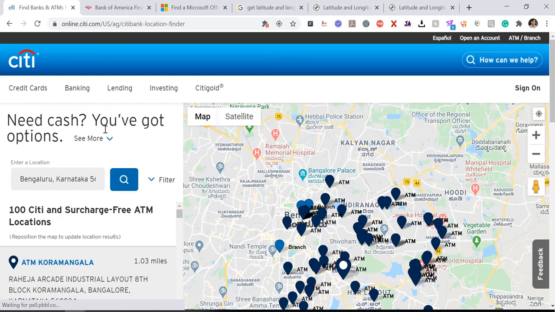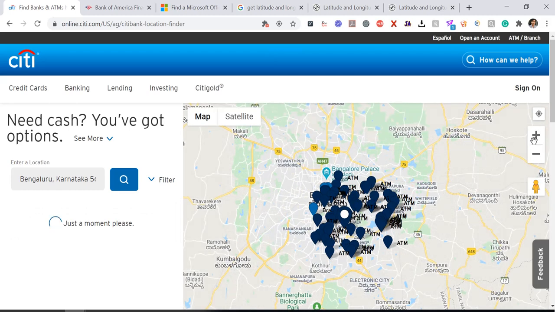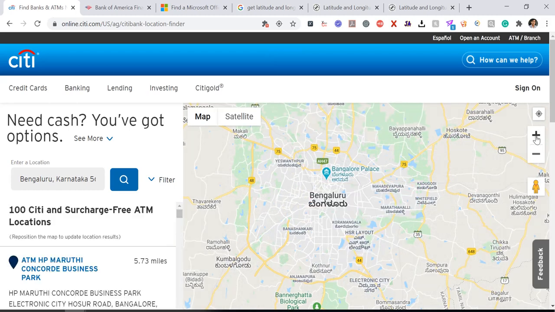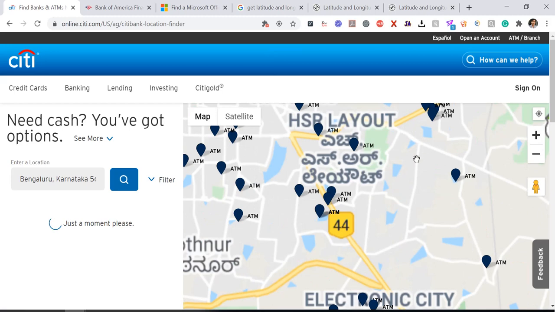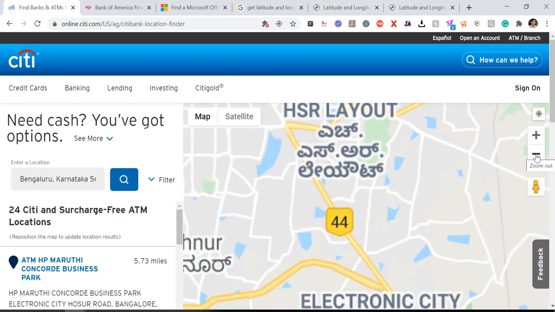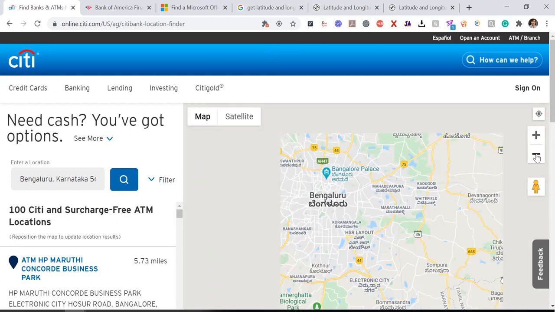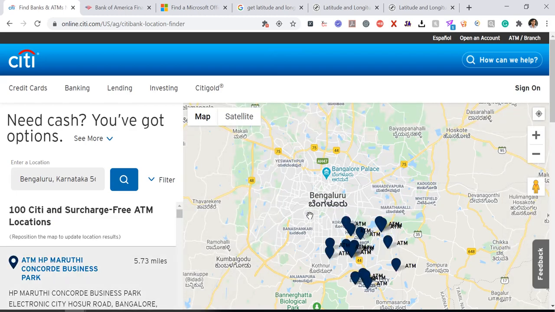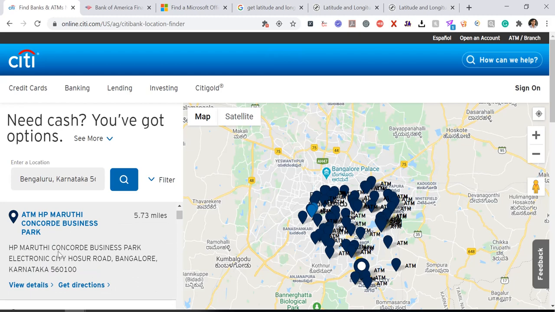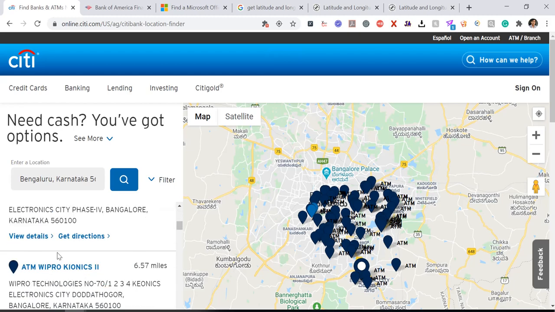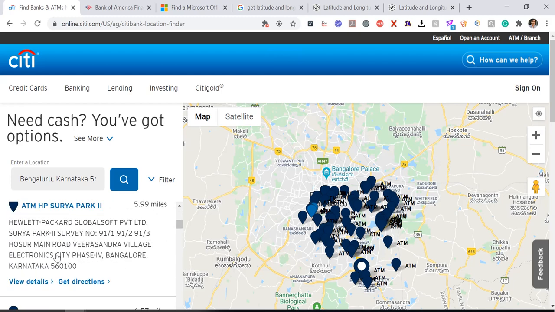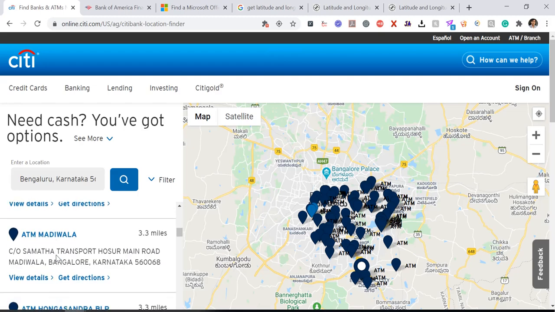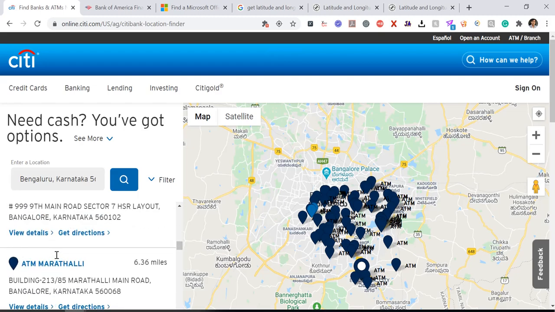Right now I'm in India, in Bangalore city, and you can see it is saying you are in Bangalore. Let me maximize this. In Bengaluru, these are the ATMs, and it might be showing some branches as well.